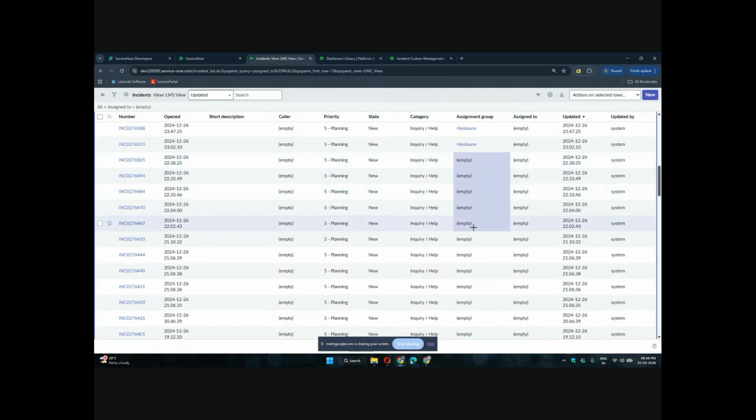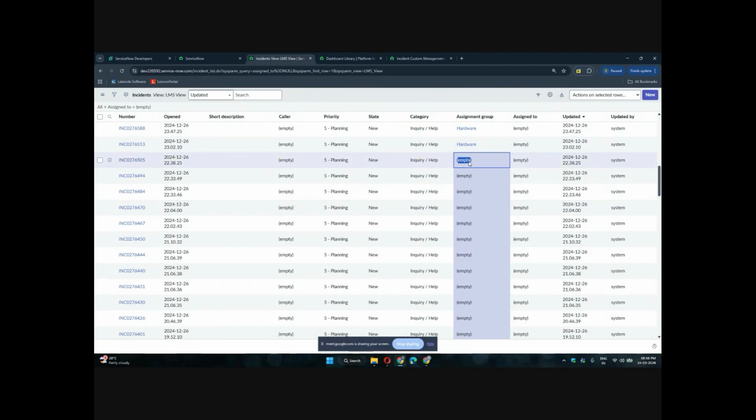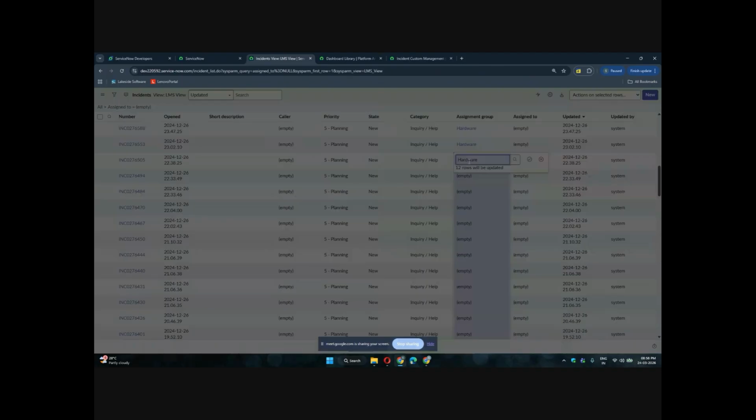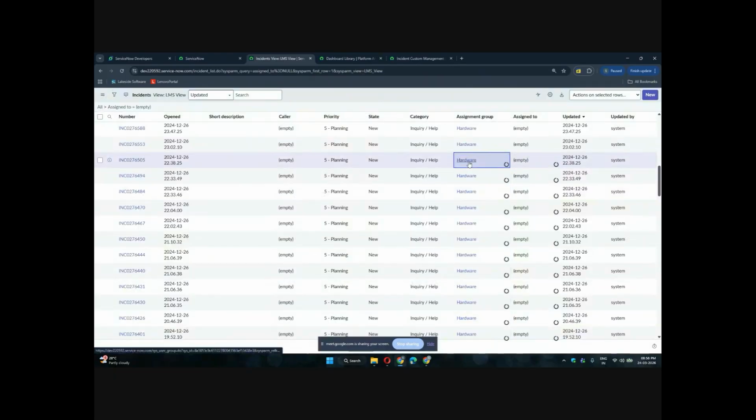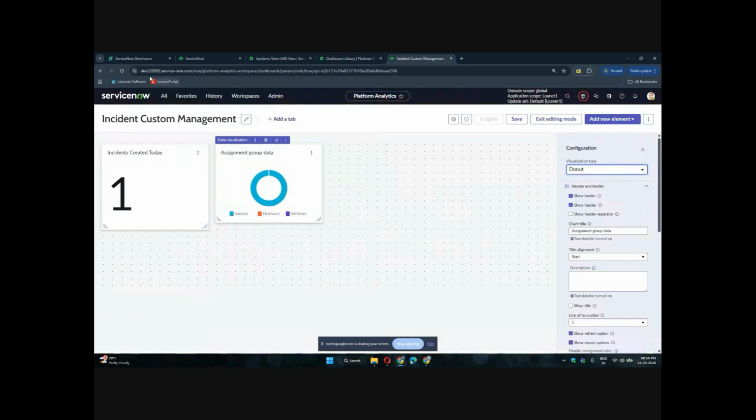So for selecting multiple records, you need to select shift and left click. So you can update multiple records simultaneously. You don't want to select multiple each time and you don't want to update like that. So now when I refresh this,